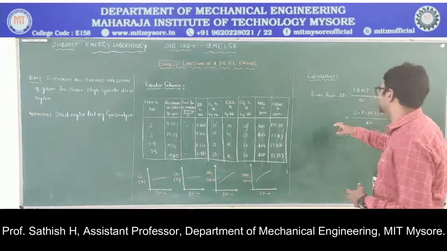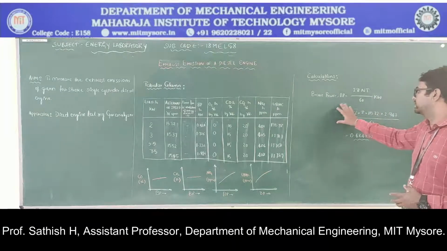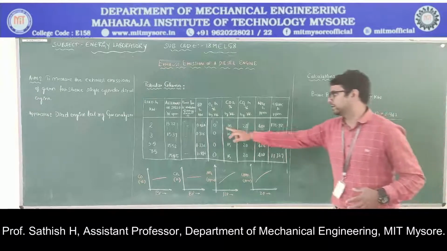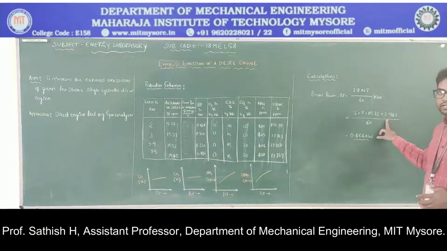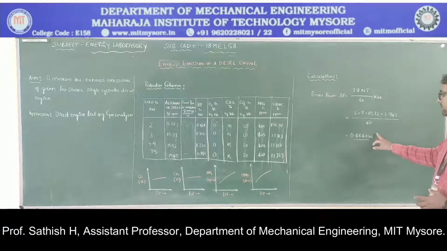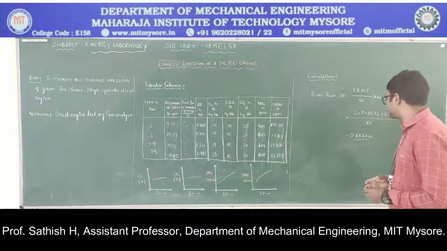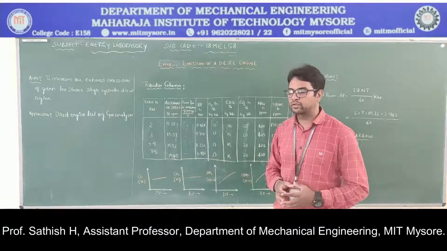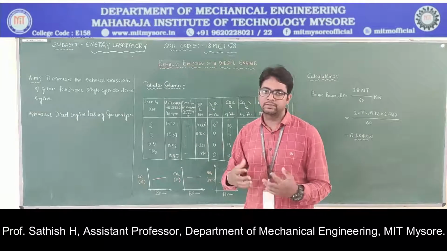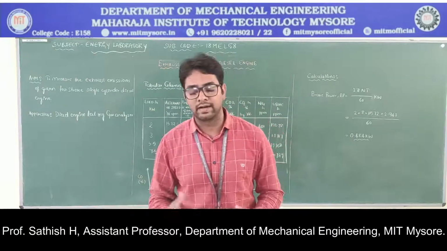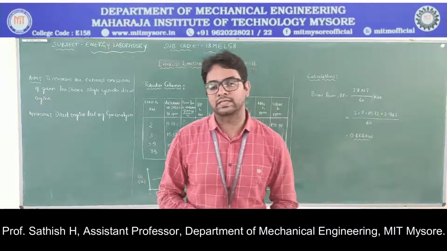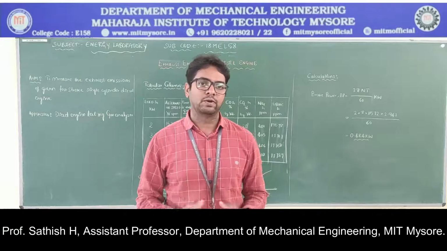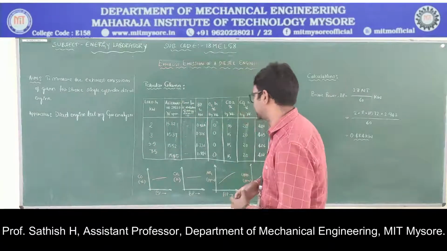So how do you get this brake power? Through this calculation. The brake power is given by 2 pi NT divided by 60. So 2 pi, N we know, 1572, and then the torque we substitute, 2.943, divided by 60. So you will get 0.484 kilowatts. After noting down this brake power, we need it for plotting the graphs. On the x-axis we take the brake power, and on the y-axis we plot the volume of various pollutants, for example carbon monoxide, carbon dioxide, etc.